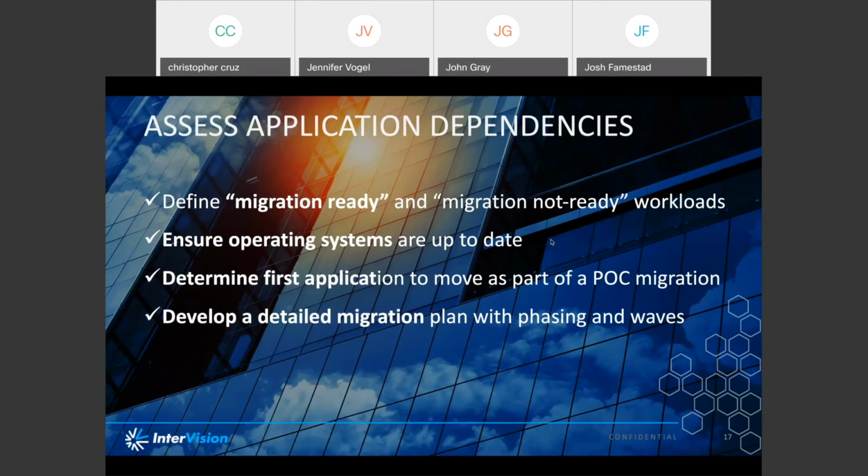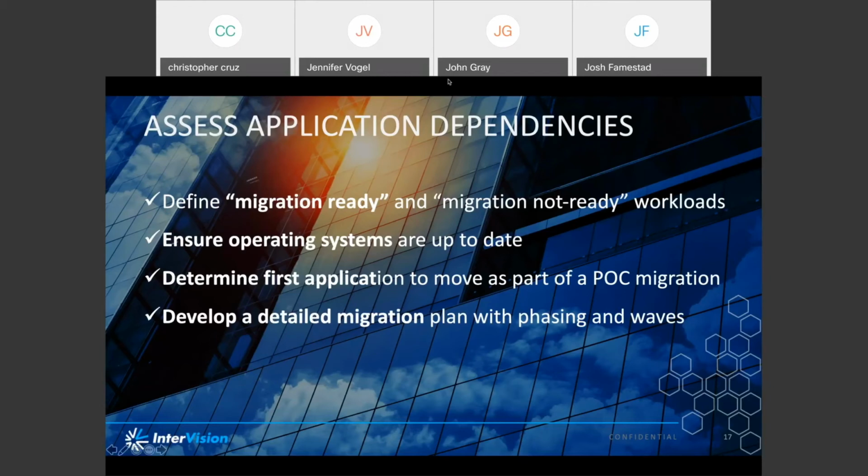And that's important because we don't always get to choose the order of the migrations, right? If there's something that depends on other applications or has things that need to be there, we need to make sure that we know to move it up first. And if there's a missed dependency, it's going to affect the schedule since we're going to have to take care of that first. Yeah, absolutely.